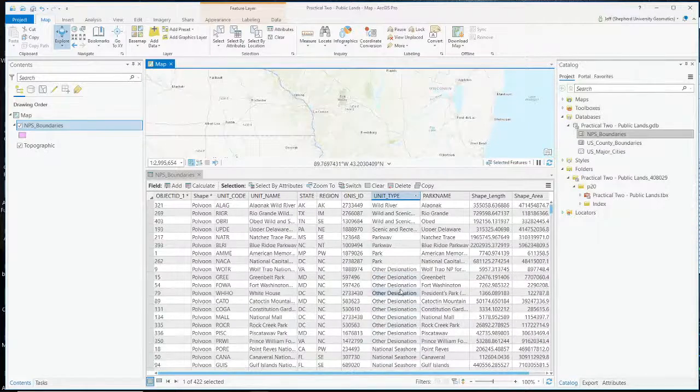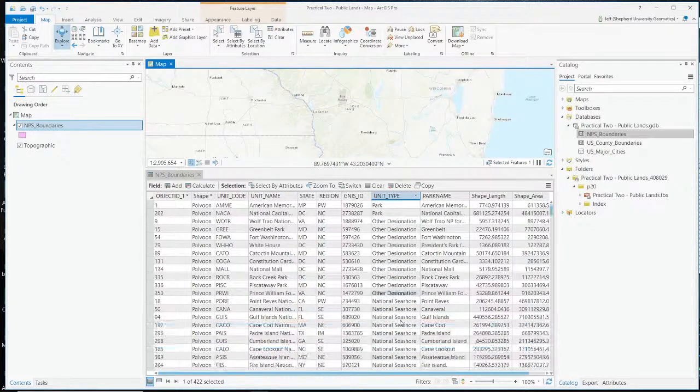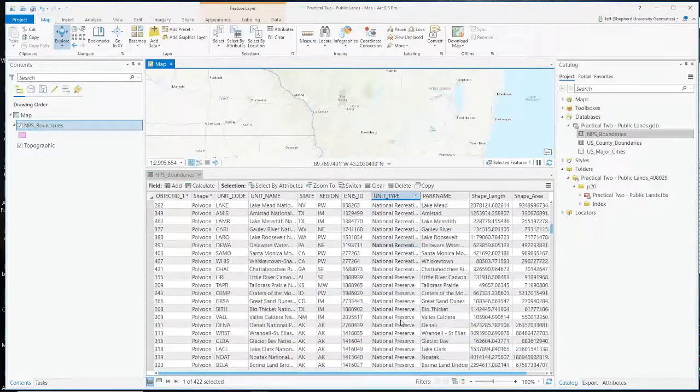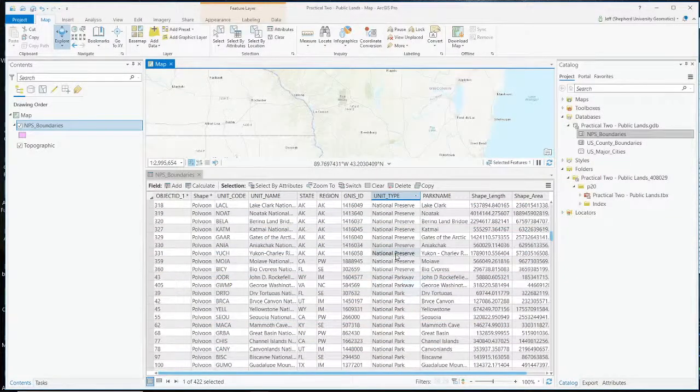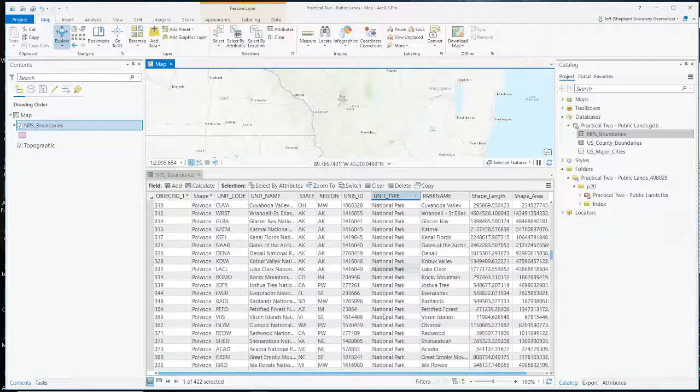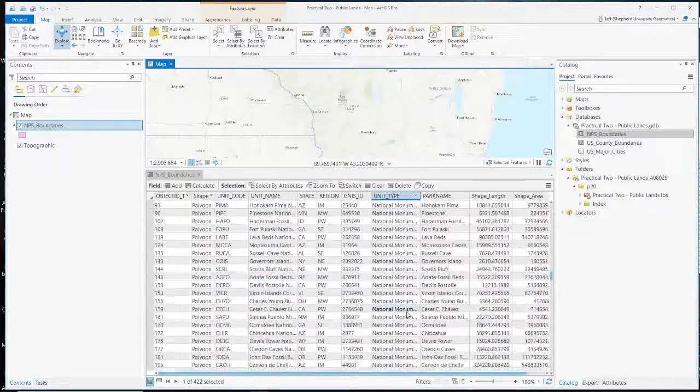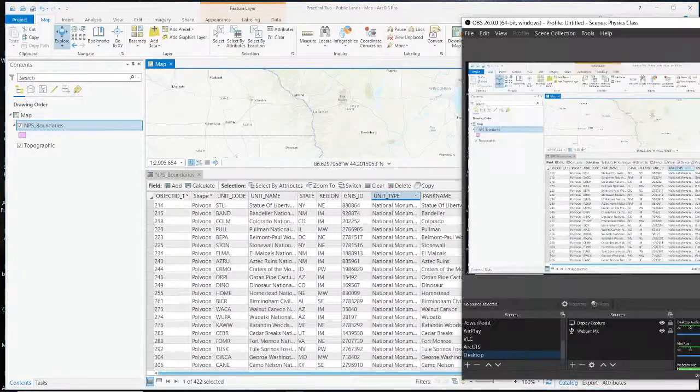National Seashores, Parkways, Scenic Recreation River, Wild and Scenic Rivers, National Seashore, National Preserve. Here we go. National Parks. Then we have National Monuments. All right, so here's your first question. You need to answer,